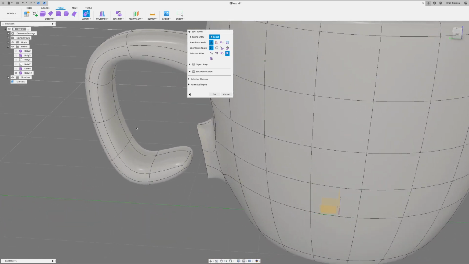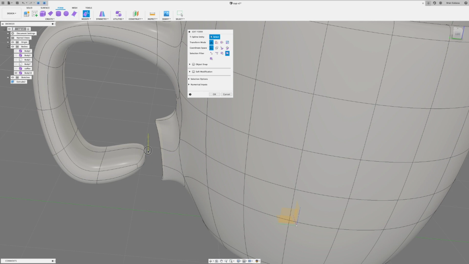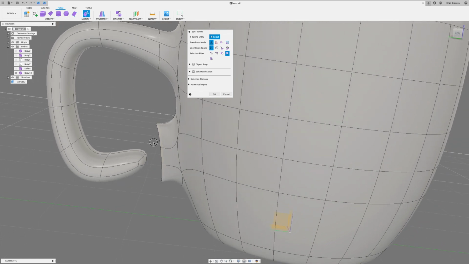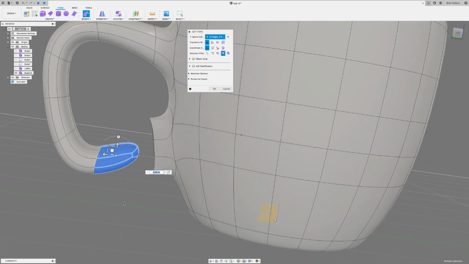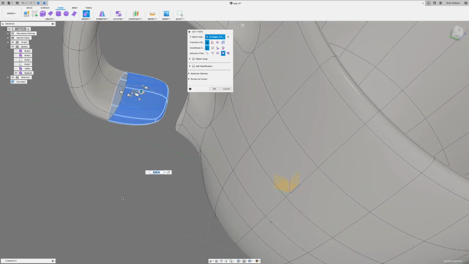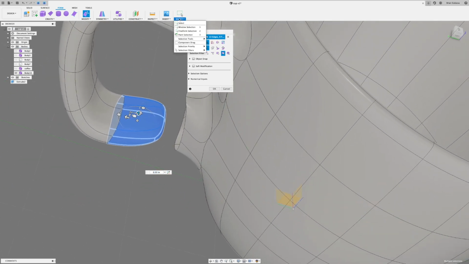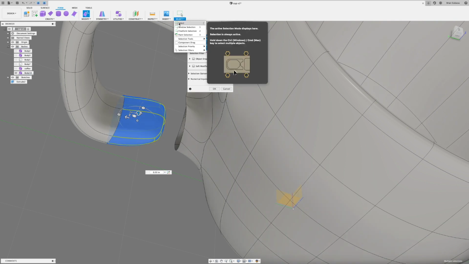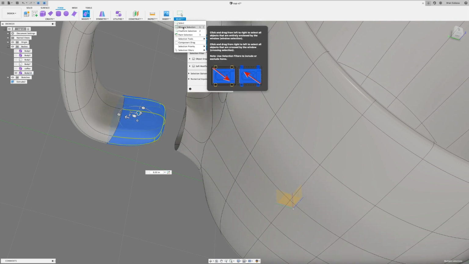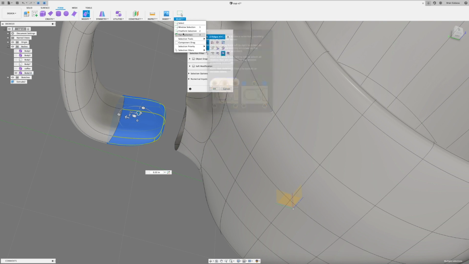Now the second one I'm going to do differently. Like I said, I'm going to use the bridge command instead. So I'm going to click over on the right-hand side, drag across to select this, and hopefully I got my select through. If you don't, let's go back here. And your selection option may be different as well. So you've got window selections, which I'm using. You might have freeform, or you can paint, which is kind of weird, but